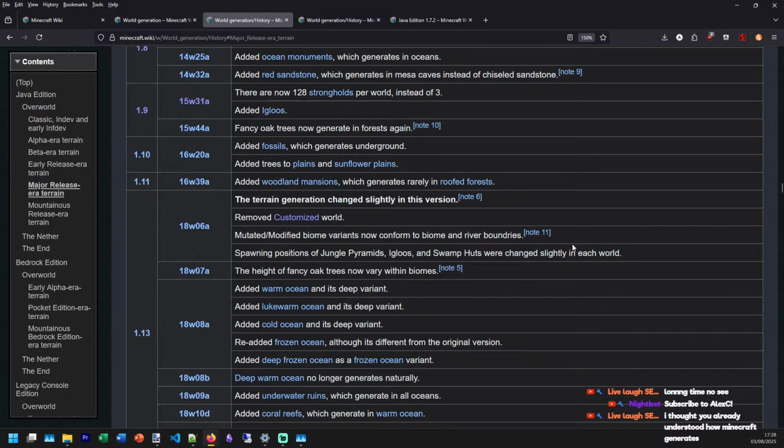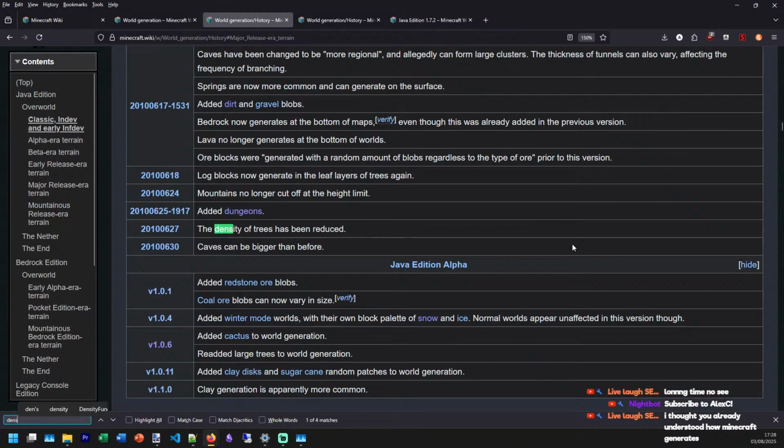You know, you hit Control F and write density. And that is the only time the word density comes up.